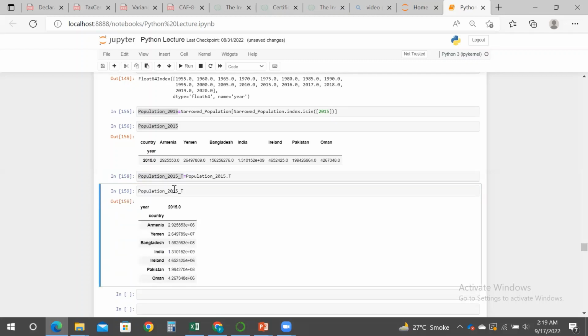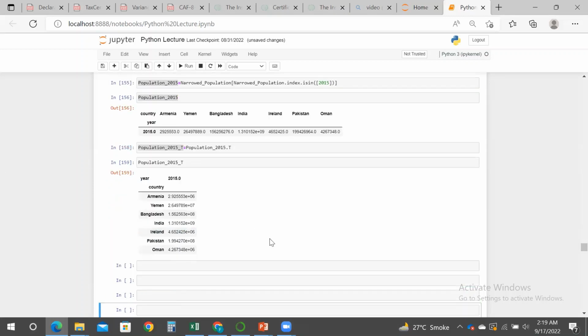And let's run this to get the output, and we have got the transposed output. Now this transposed presentation of the data frame has been saved with a new name, population underscore 2015 underscore T,